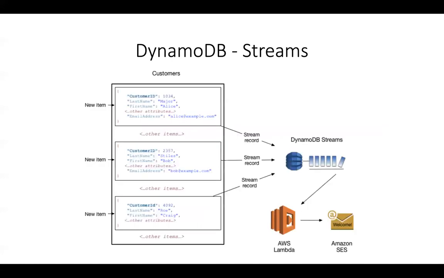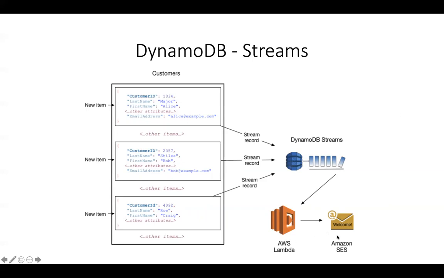So one good use case over here would be, whenever a new item is inserted into the DynamoDB table, so whenever new people are registering to your website and so on, you could build an amazing serverless based architecture wherein all of your new items that are being added to your DynamoDB table are written as stream records to the DynamoDB stream, from where you can trigger a Lambda function. And when you trigger a Lambda function, you could take the email ID of that person, right? So you can see over here, we do have the email ID of the person which is being inserted. And you could take the email ID and send out a welcome email.